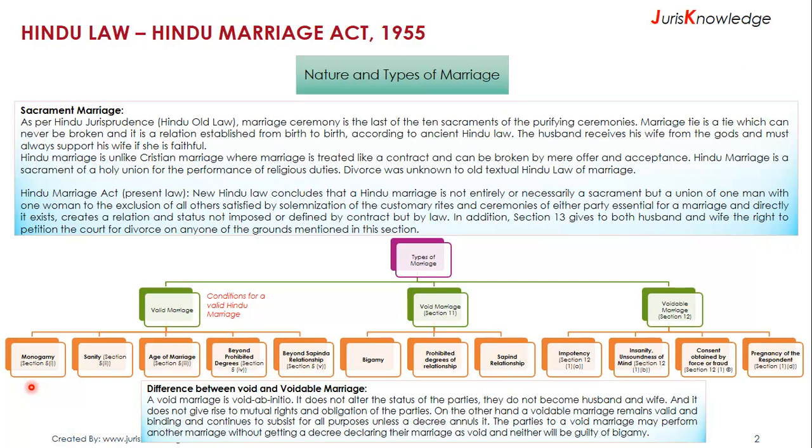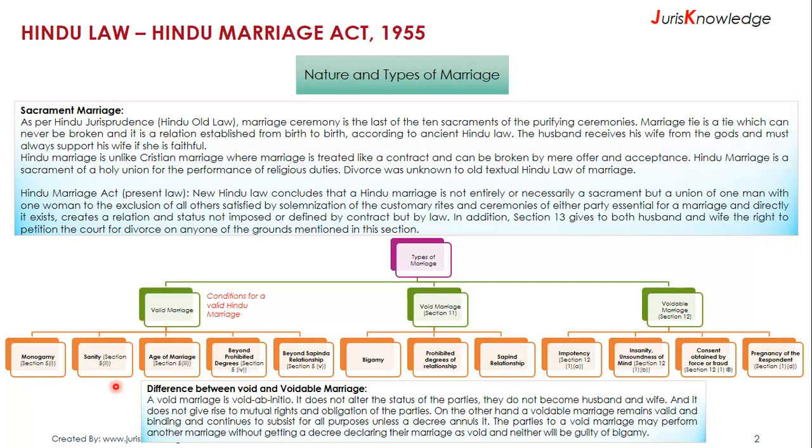First is monogamy. It is defined in Section 5 clause 1. This provision prohibits bigamy. The marriage should be monogamous. Under the Hindu law, a person can validly marry if he or she is either unmarried or divorced or a widow or a widower. If at the time of the performance of the marriage rites and ceremonies, either party has a spouse living and the earlier marriage had not already been set aside, the later marriage is void. A bigamous marriage is null and void and is made punishable as well as per the IPC sections.